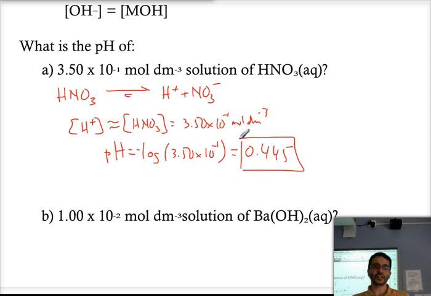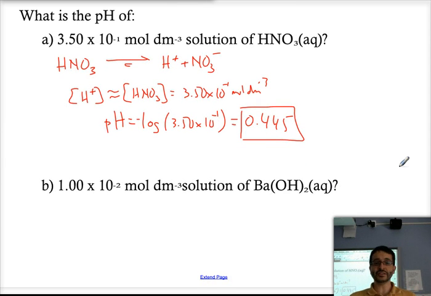So in the first case, we see that the concentration is 0.35 moles per decimeter cubed. The pH for this strong acid is going to be approximately 0.445. All right, pH again has no units, remember that. So it's a very low pH. We have a very acidic solution, and this is because, of course, we have a solution that is for a strong acid. In the case of the base, as we have here,